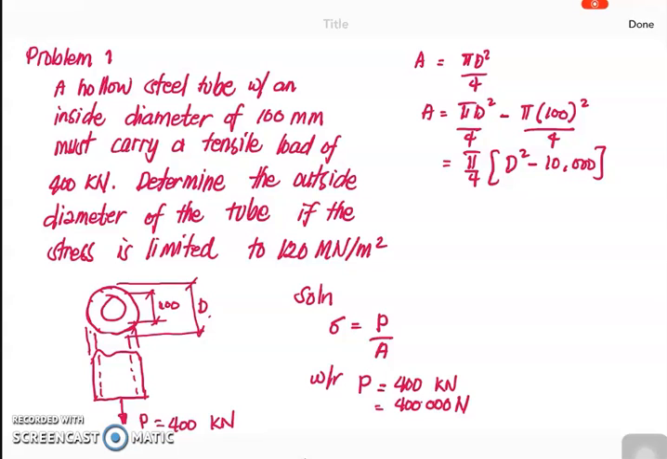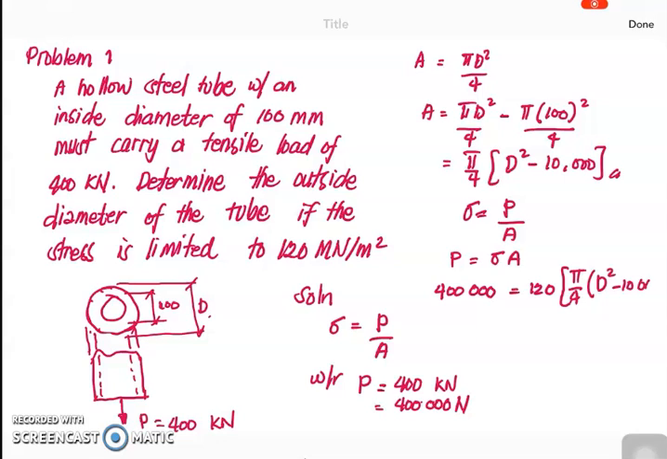So therefore, from our equation, which is sigma, stress, all over P all over A, we can have P equal to stress times the area. If we substitute the value for each variable, we will have 400,000 equal to 120. This is the limiting stress that is given in the problem. Then multiplied by the area, which is equivalent to this expression, pi all over 4 times d squared